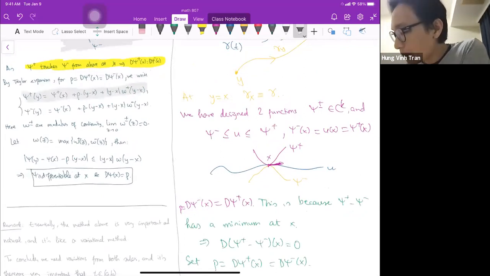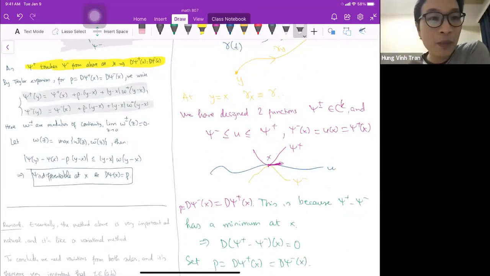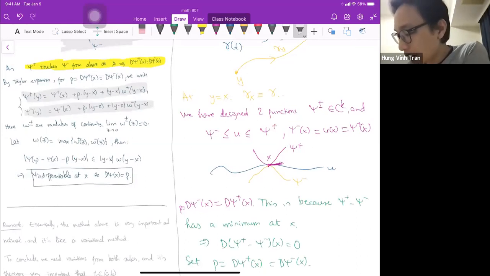So by Taylor expansions, you can expand your function around the point y near x. So that's the two lines that I'm highlighting on the left panel here. And because you can squeeze u in between, u is dominated by both c minus and c plus. Then I can